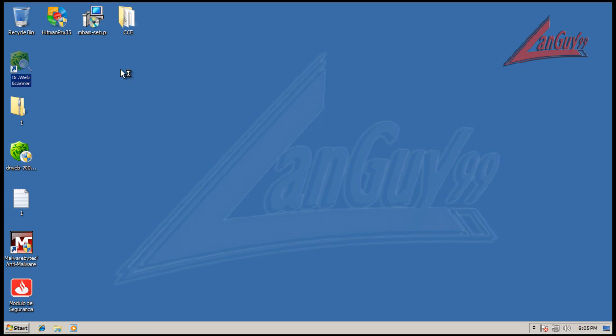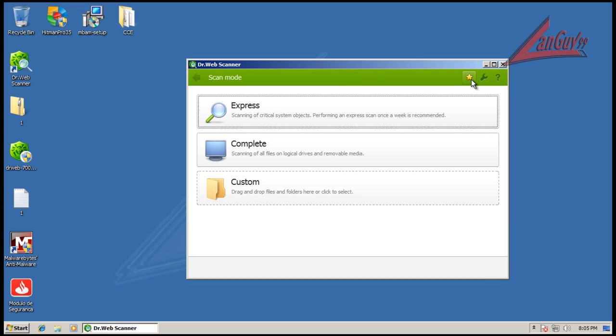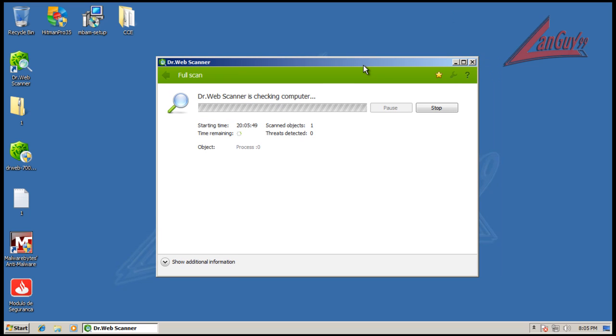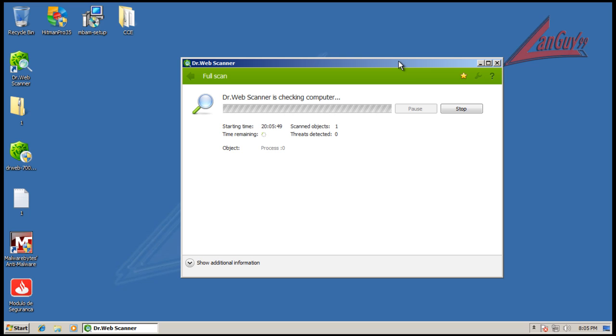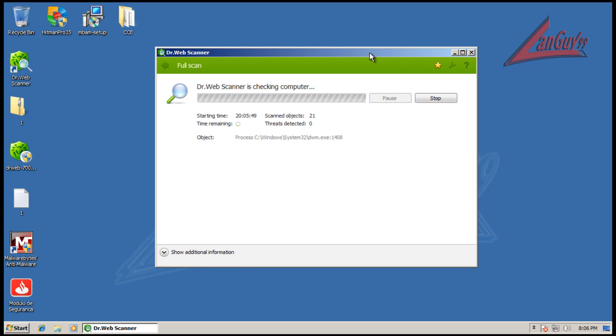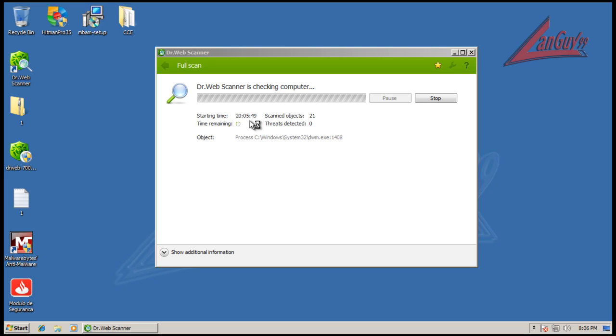So we got the scanner on the desktop here. And I'm going to do a complete scan. This is new though, this is a new interface, so it's a lot better. I wish they would come out with a whole new interface. I'm really not a big fan of that, but from the looks of it, they do not have that great of zero-day protection. So I'm going to pause the video here and make sure nothing else is hogging up the CPU